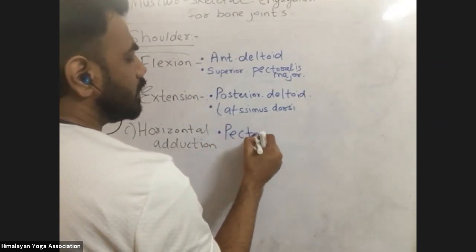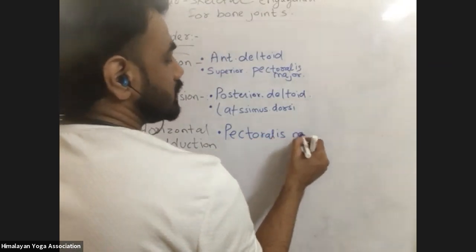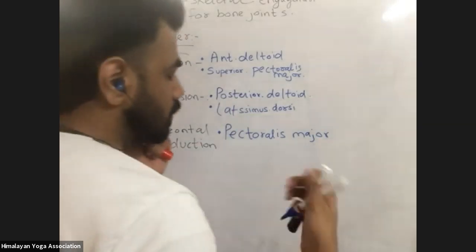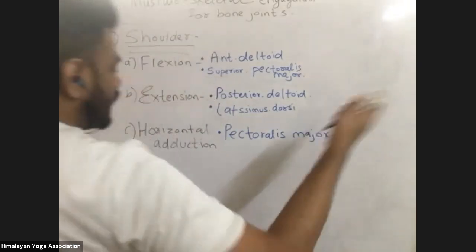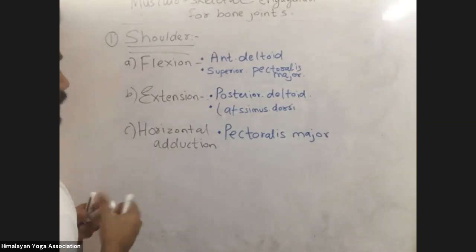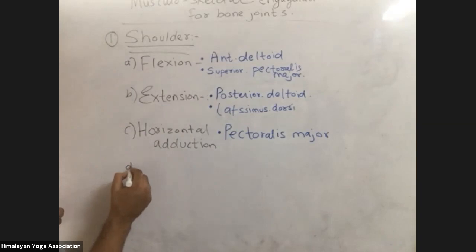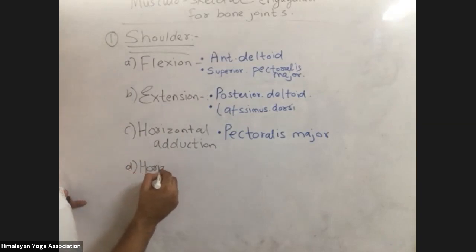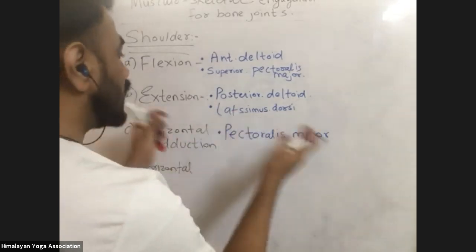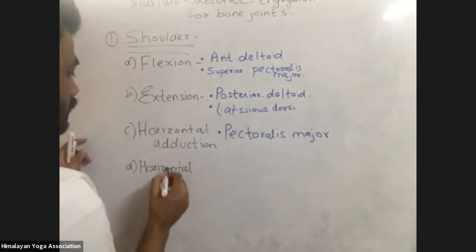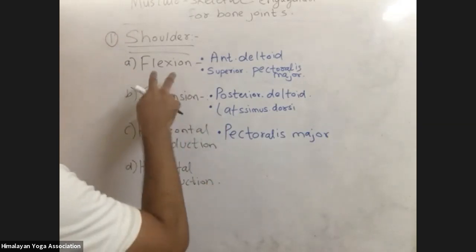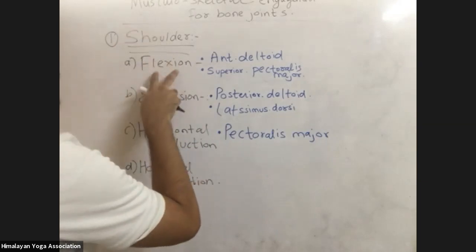The important ones we will be writing. Similarly, this is also a muscle that originates from our scapula and clavicle and goes to the humerus. Then we have horizontal abduction. You should know the movement more than the name of the muscle. So we are learning it together simultaneously. What should you first know? You should first know the movement, how it is.